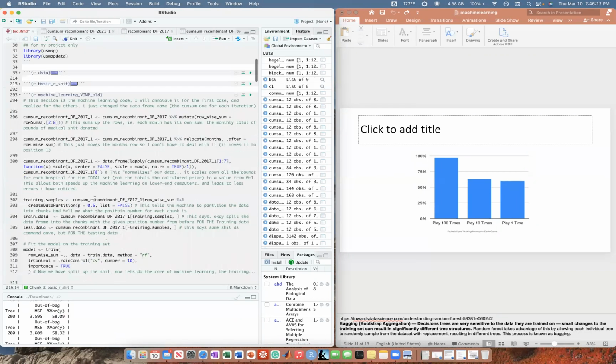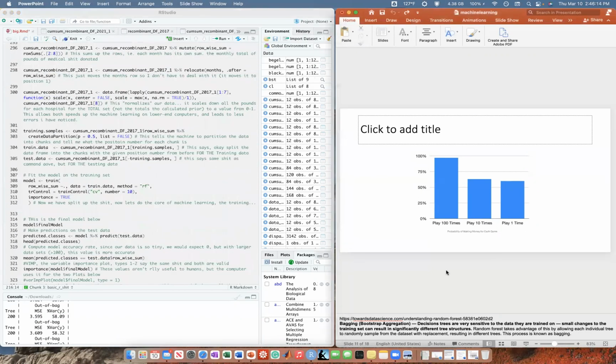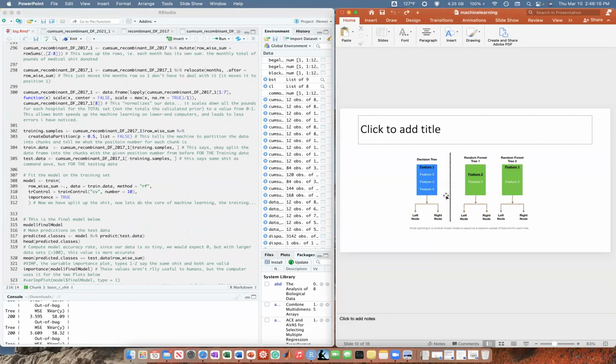All right, back to the data set. Back to the station. So yeah, this is what an actual decision tree looks like. So it says, hey, what if I have features 2 and 3? So variables, maybe X and Y, and these are Z and W. And I made this decision tree, left node, right node.